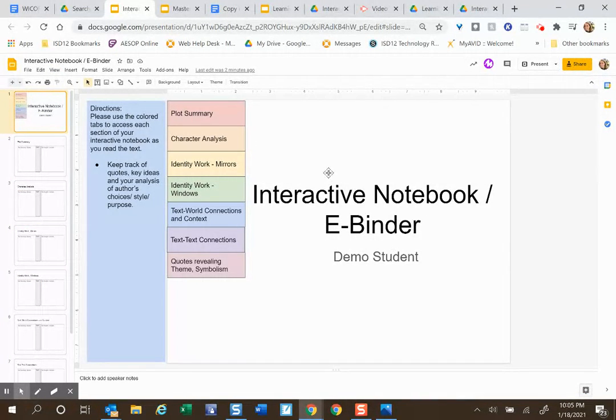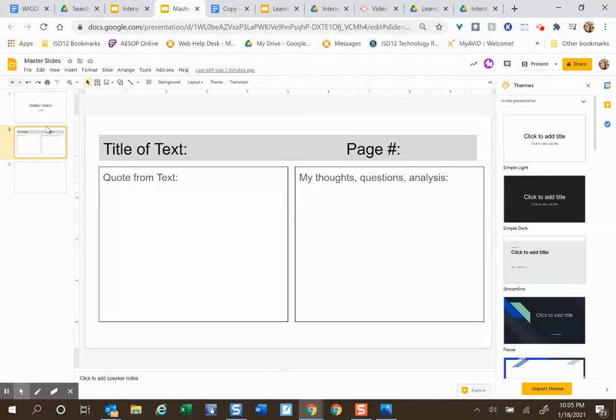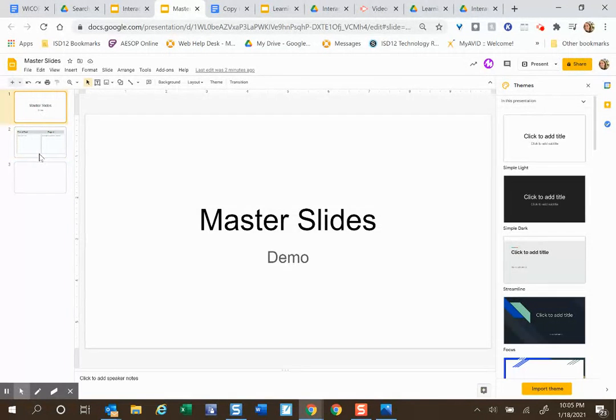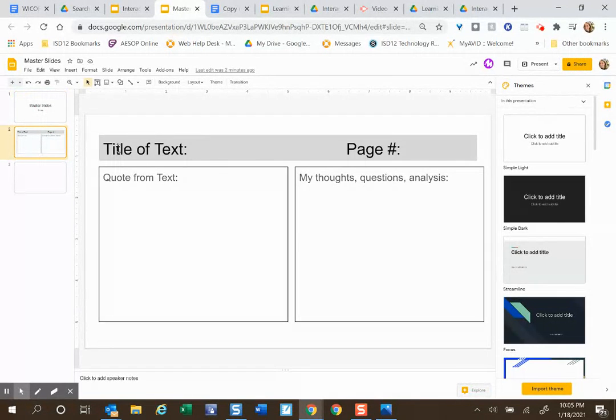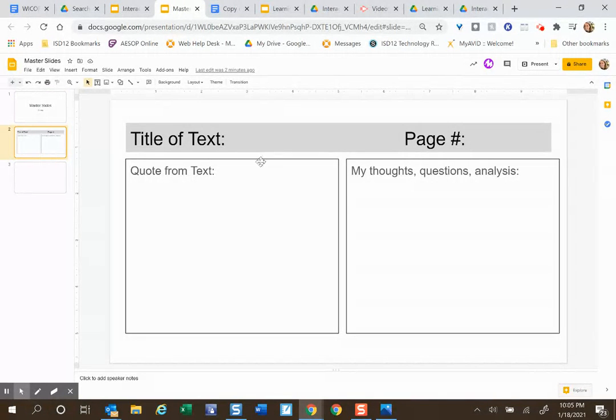So I'm going to do this by actually looking at kind of a blank document. So starting from scratch, if you were to just simply create a couple of slides, you have your title slide, and then you have your slide with the text that you might want to have them fill out. So for instance, if they're collecting quotes from a text and they have some thoughts and reactions,